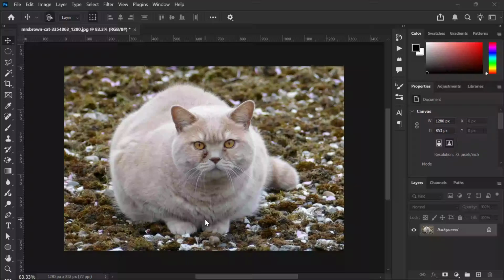In today's tutorial, I'm going to show you how to duplicate objects in Photoshop using two super easy methods. Whether you want to make a copy of a layer, duplicate part of an image, or quickly move and clone an object, these techniques will save you a ton of time. This is one of those essential Photoshop skills that every beginner should know, and once you learn it, you'll use